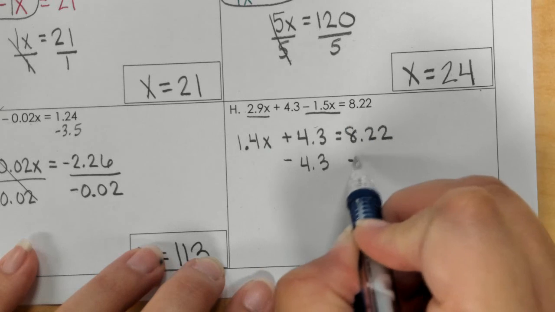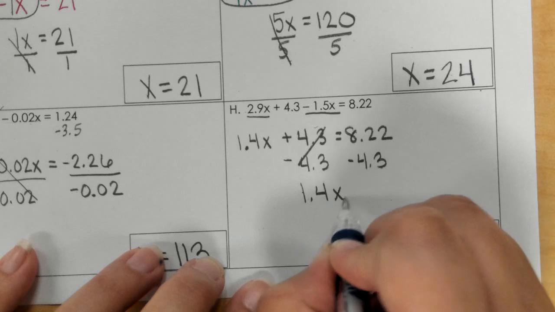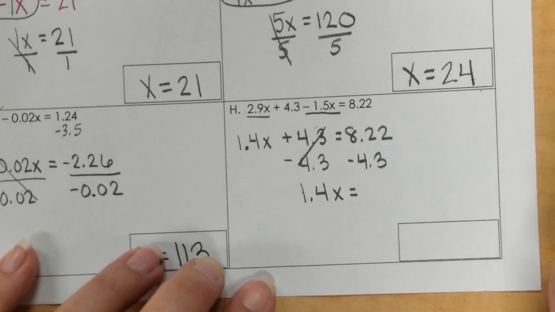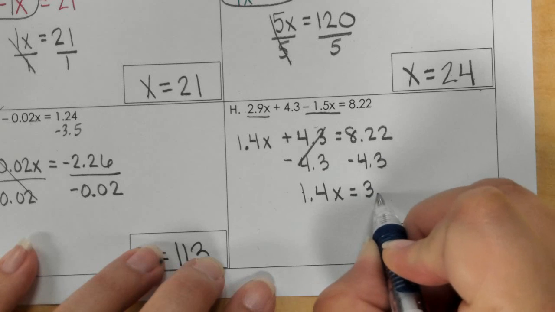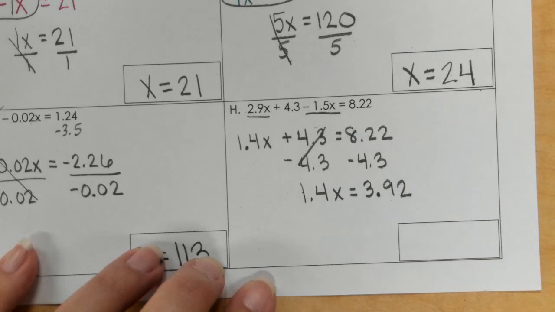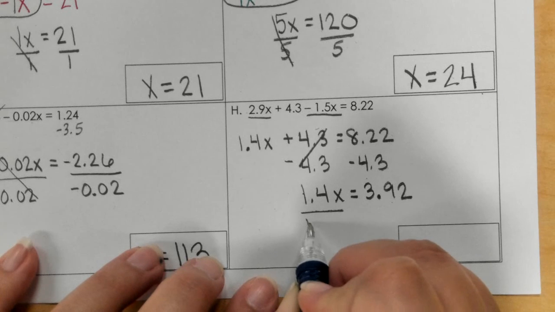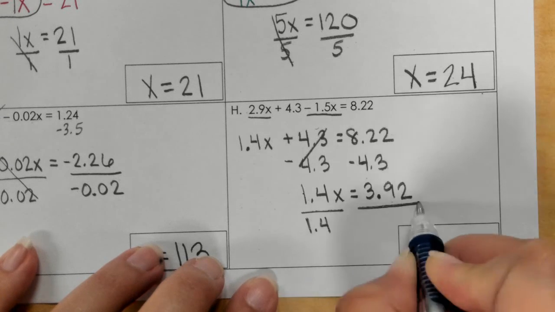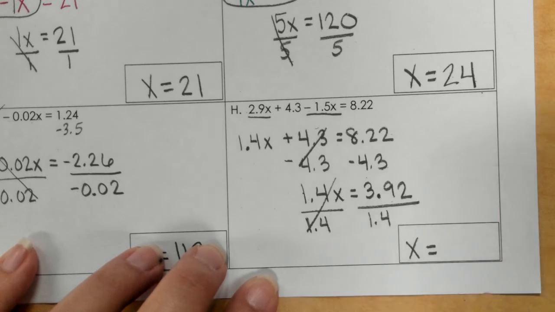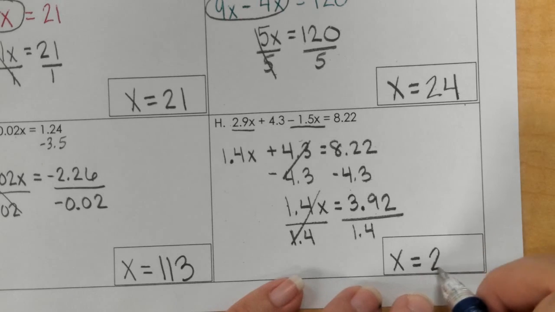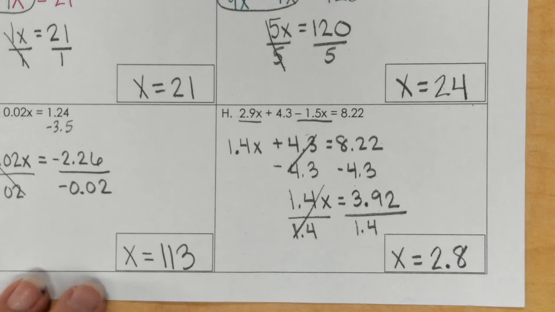So let's subtract it. If you want to pause and try it on your own, that would be great. So if you subtract these 2 numbers, you should have gotten a 3.92. Now, we divide by the 1.4. And we get 2.8. And that is